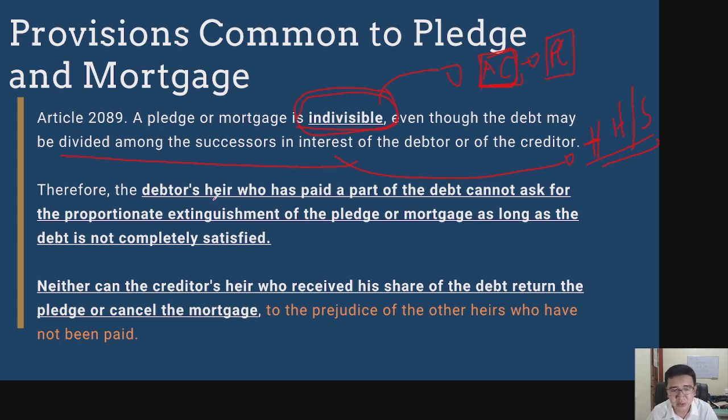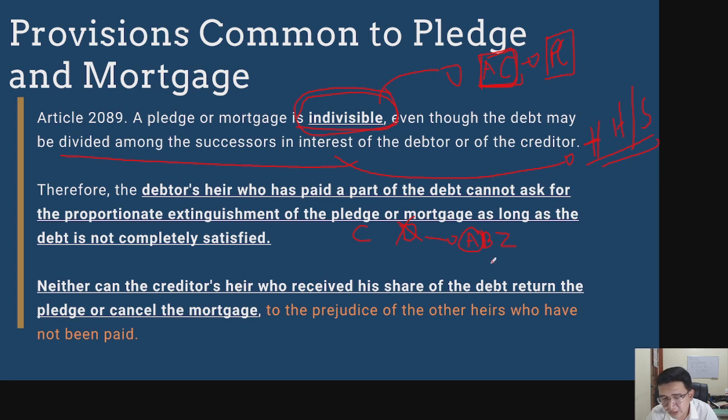Therefore, the debtor's heir who has paid a part of the debt cannot ask for the proportionate extinguishment of the pledge or mortgage as long as the debt is not completely satisfied. So, let's say for example, si creditor, si debtor, namatay si debtor, meron siyang successors or heirs. Ang heirs niya si A, B, tsaka si Z. Okay? A, B, tsaka si Z. Ngayon, si A, binayaran niya yung, since, let's say for example,